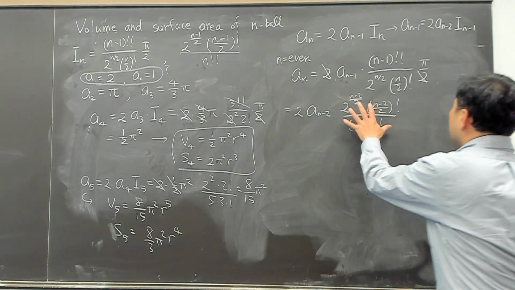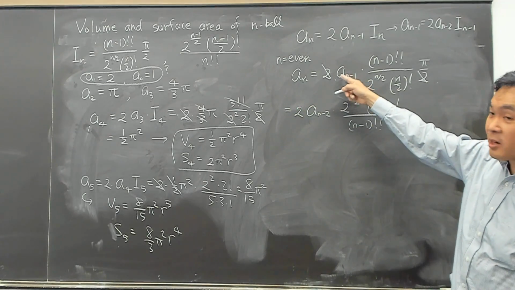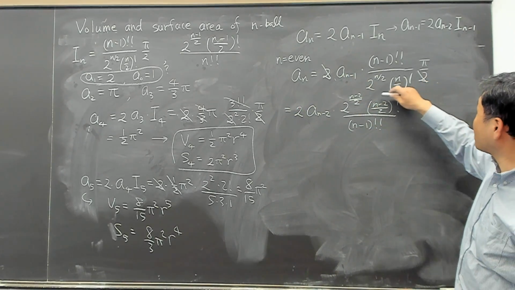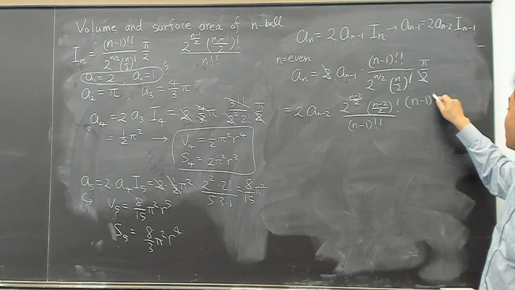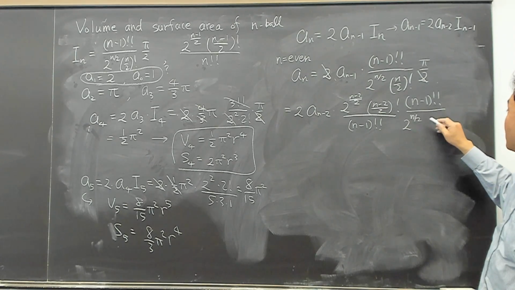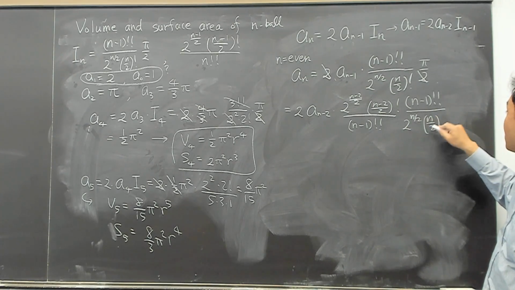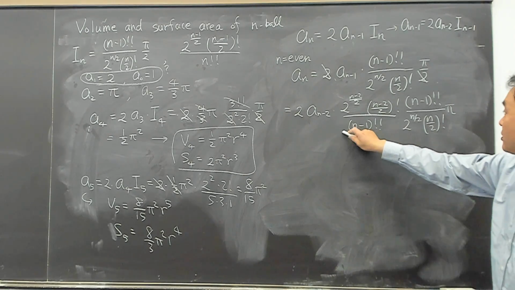So that's going to be my I_{n-1}, and this much is A_{n-1}. So I'm going to now copy this down here, and you see some cancellations now, right? So this is pi, and I see that these two cancel,